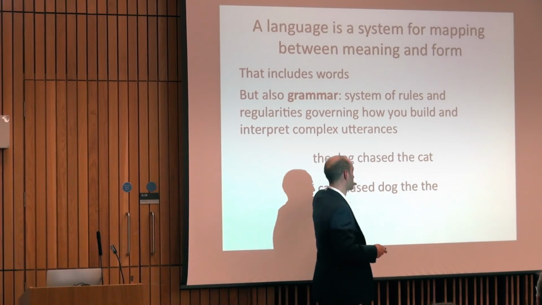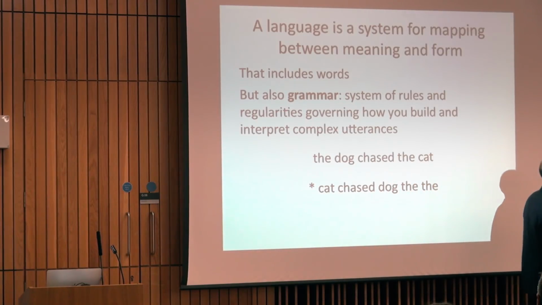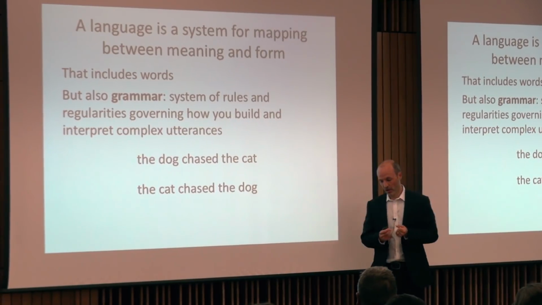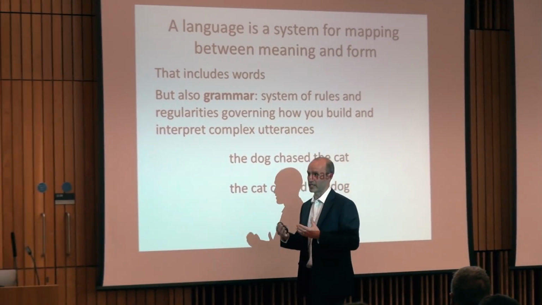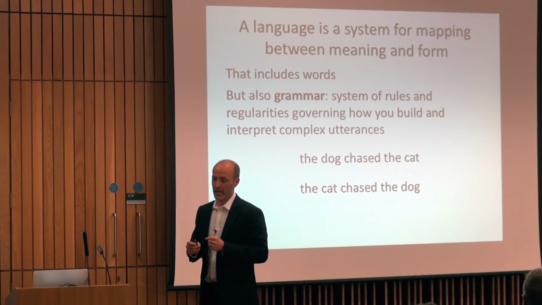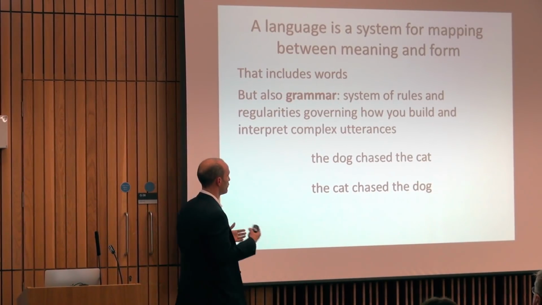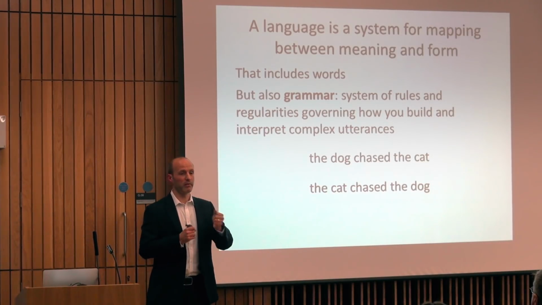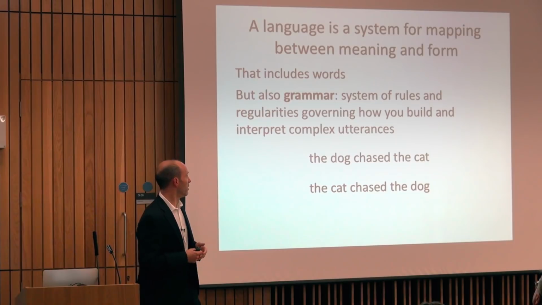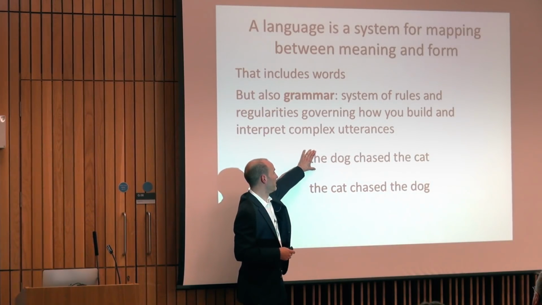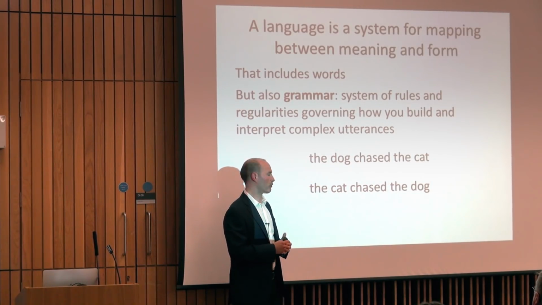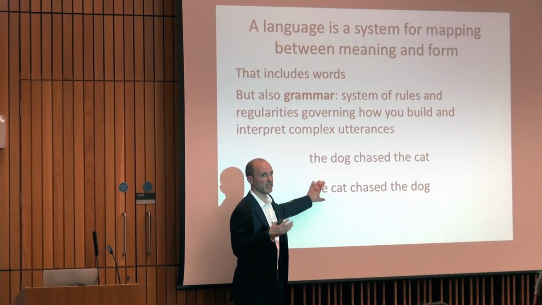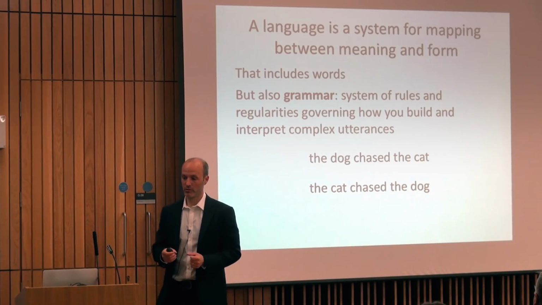More interestingly, as well as just differentiating between English and not English, if you know English, you can understand the meanings that are conveyed by these sequences of words, these relatively complex meanings that are built up by combining parts with simpler meanings. So if you implicitly know the system of rules and regularities that govern how complex meanings are expressed using complex forms, you know that this sentence picks out a particular kind of event in the world. And this sentence, which is superficially similar, just two of the words have swapped place, picks out a rather different kind of event in the world.